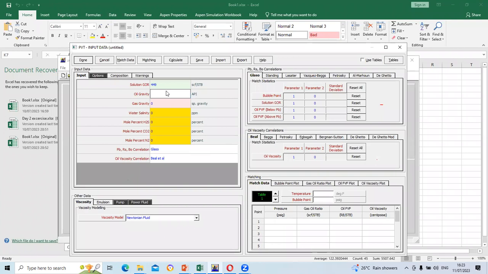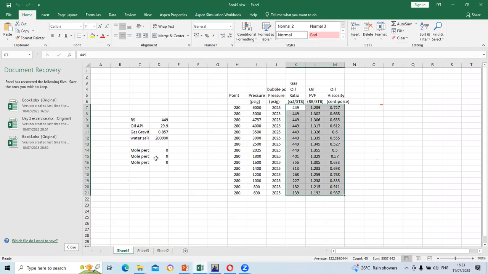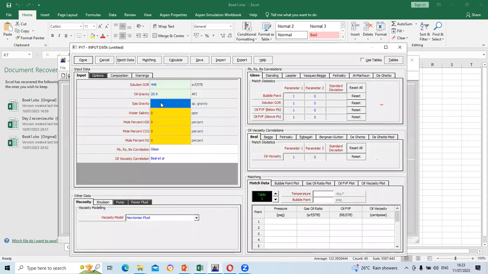Oil gravity is 29.9. And then we could also look at the gas gravity. Gas gravity is 0.857. And then our salinity